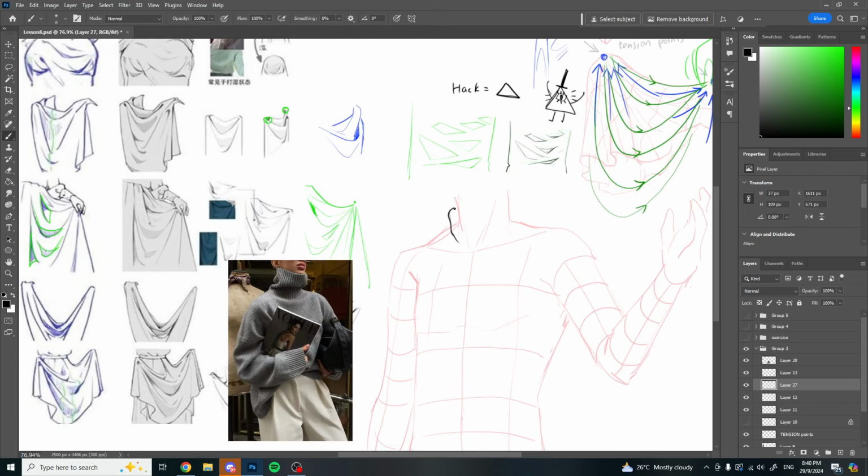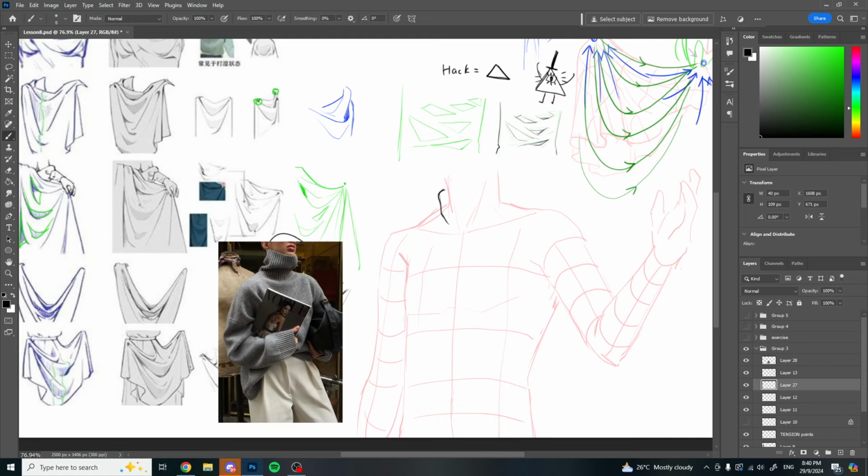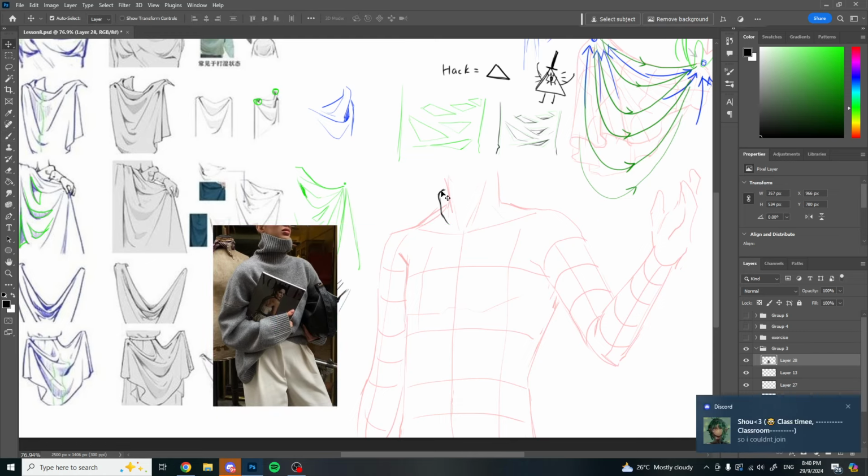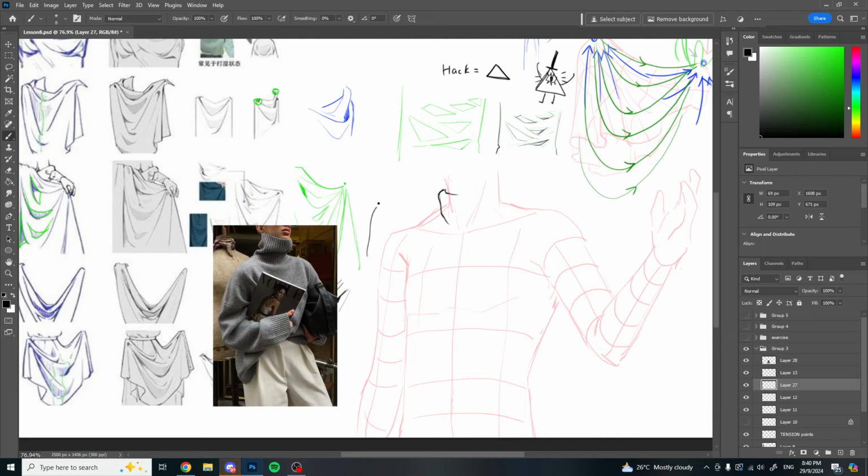Nice job. Okay, so let's look at this. We're not gonna follow exactly this. It's just kind of what it looks like. But for turtlenecks, it kind of usually folds back down. I don't know why this lady is wearing it up into her face. But you want a very thick, frumpy something, and then you can just put in the lines. Not very difficult. You kind of want to show that there's a bit of a 3D-ish shape, so you kind of want to give your line a little